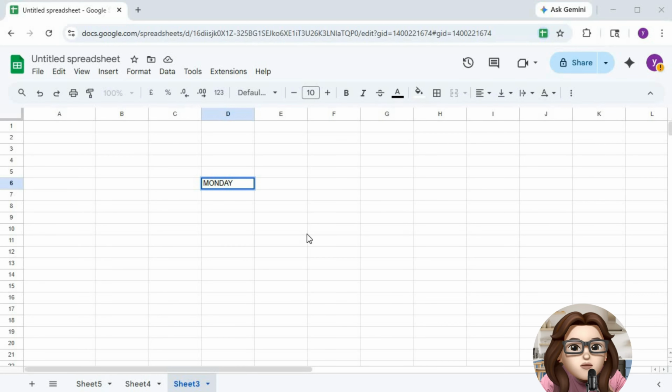In this tutorial, I'm going to show you how to write vertical text in Google Sheets and change text direction